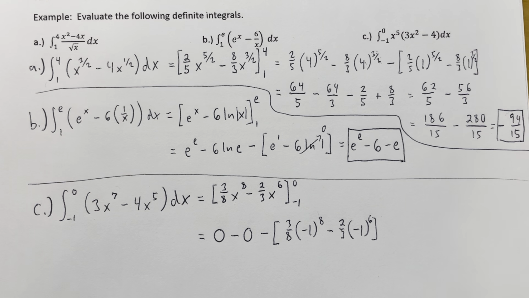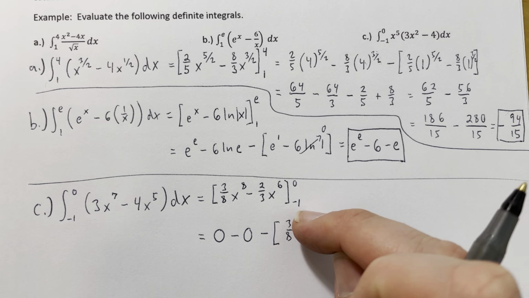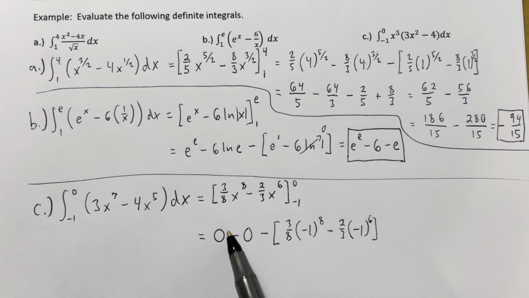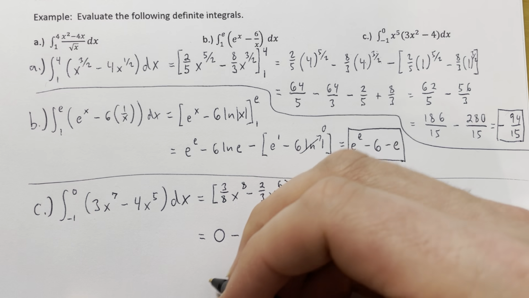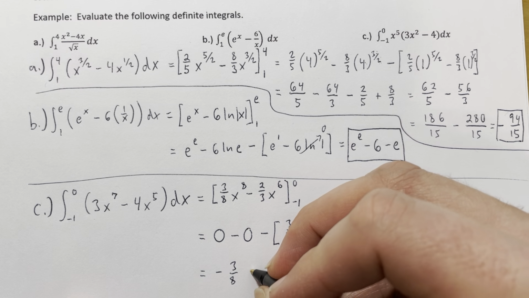And notice I put square brackets around the value that I would be getting from plugging my lower limit of integration in. This is clearly just 0. And when I raise -1 to an even power, that's equal to 1. And 1 times these fractions would just be those fractions. And then when I distribute this negative in, I'm going to get opposite signs. So this becomes -3/8 plus